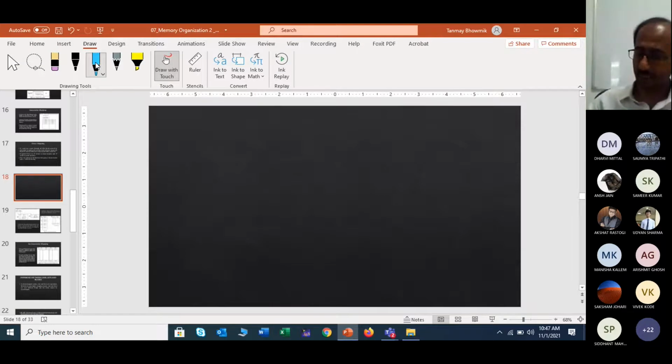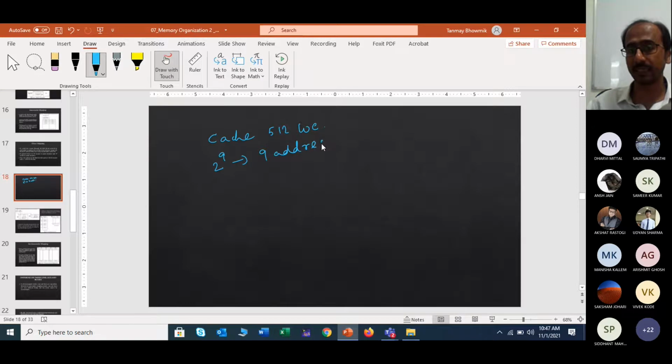Say your cache has 512 locations. That means how many address lines will be there in your cache? It is 9, so you can write 9 address lines.